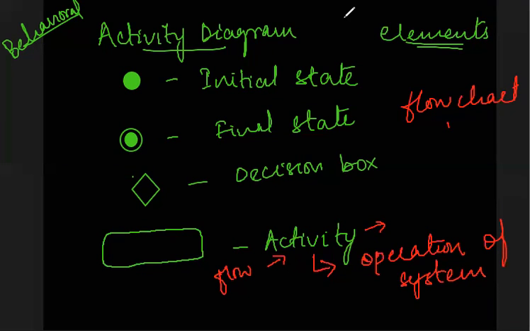Then one more thing is that you are also going to have arrows that are going to show you the flow of control. So these are the different 5 elements. Let's go back to